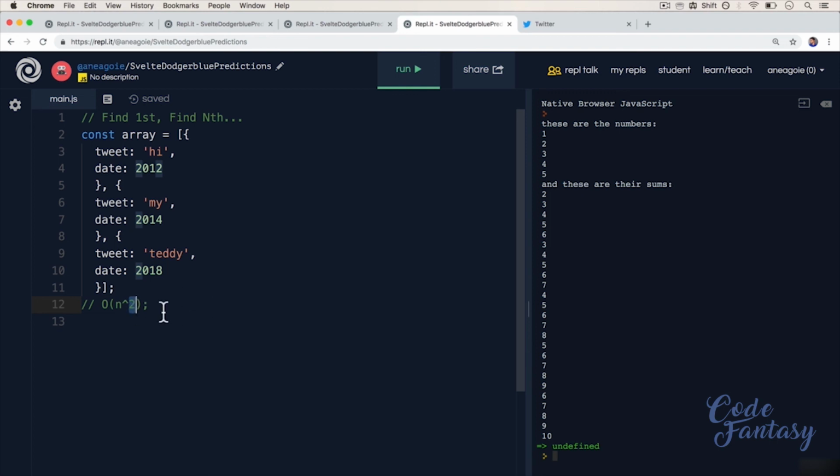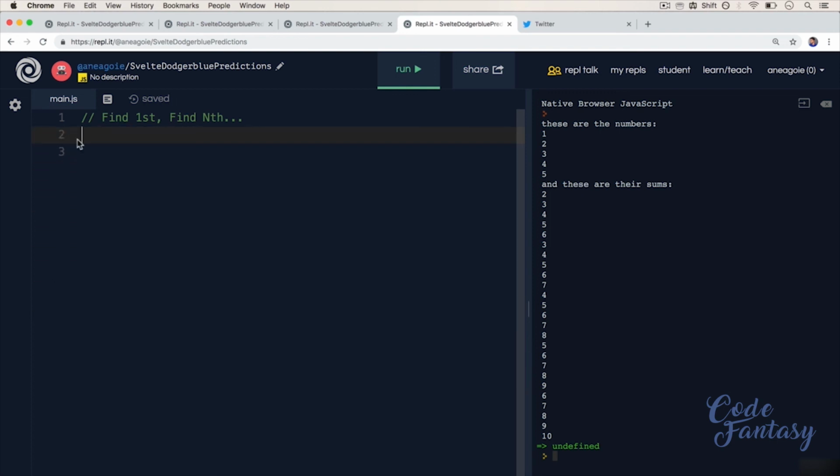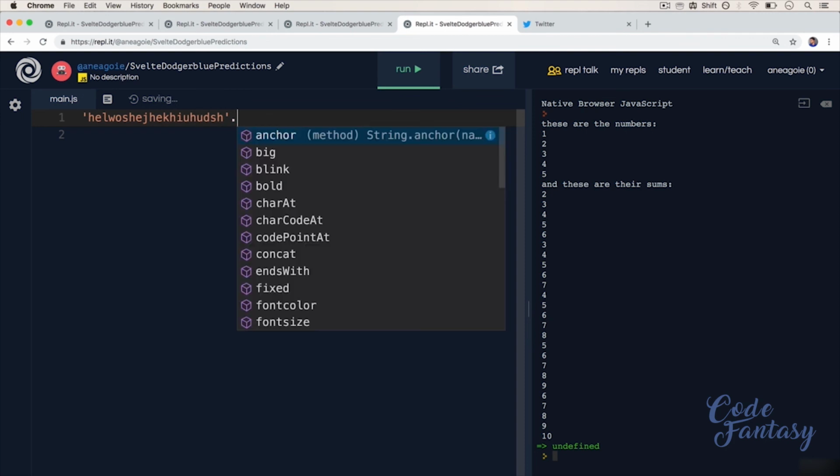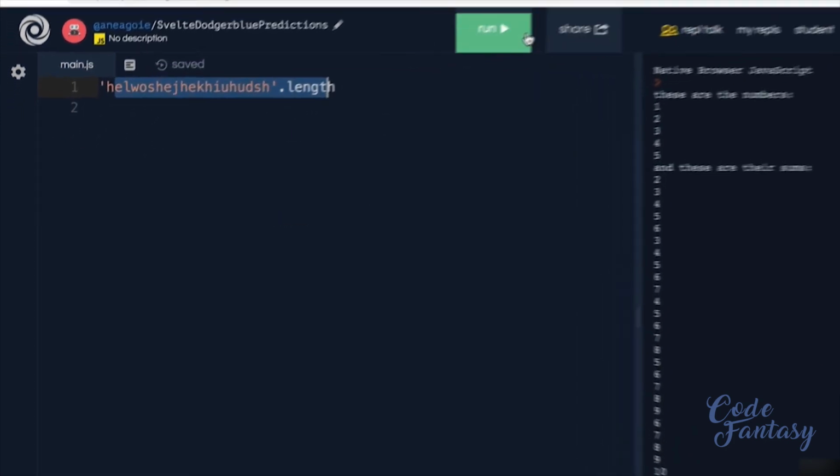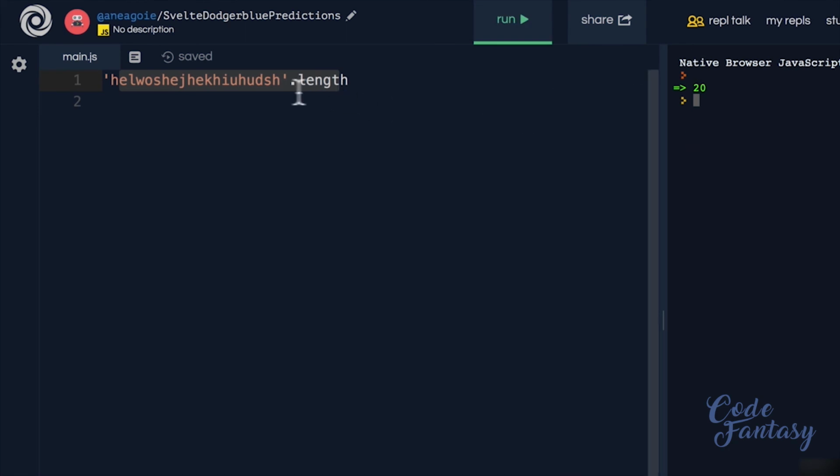By the way, as a fun one, what happens if I ask you, what is the operation and what's going to cost us if I have a string and I do dot length here? In JavaScript, that just means what is the length of our string? That is 20. That means we have 20 items in the string. What do you think the big O notation of this is? And this is a bit of a trick question